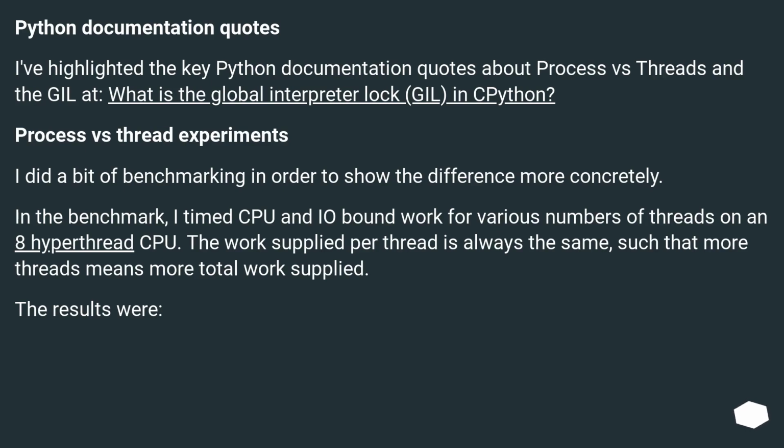I've highlighted the key Python documentation quotes about process versus threads and the GIL. What is the global interpreter lock, GIL, in Python? Process versus thread experiments: I did a bit of benchmarking in order to show the difference more concretely. In the benchmark, I timed CPU and I/O bound work for various numbers of threads on an 8 hyperthread CPU. The work supplied per thread is always the same, such that more threads means more total work supplied. The results were